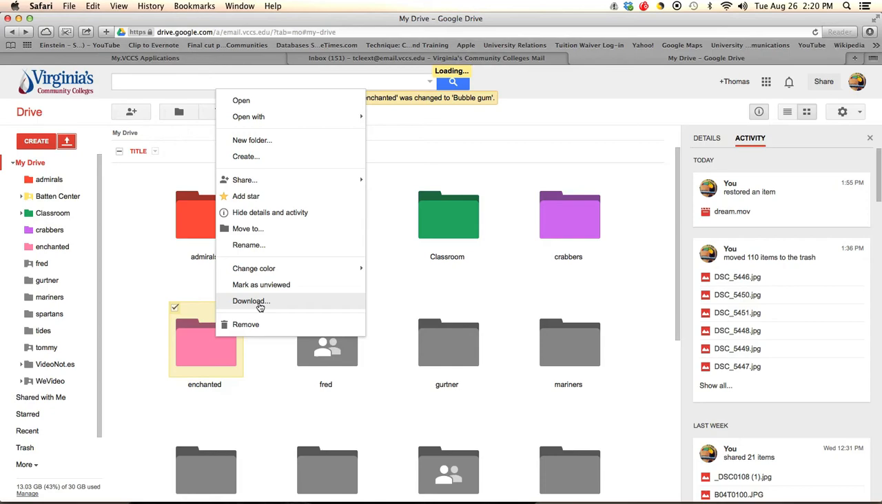So if you have a folder and you're in a class now in a different classroom with a different computer, and you want to put those folder files on that computer, you simply click download. And then we're going to talk about sharing folders or files. So if I click on share,